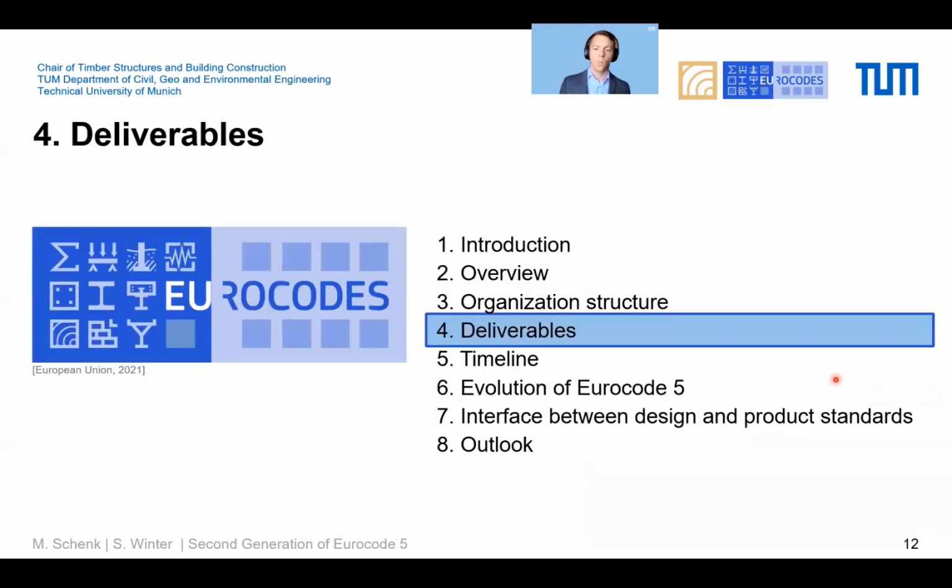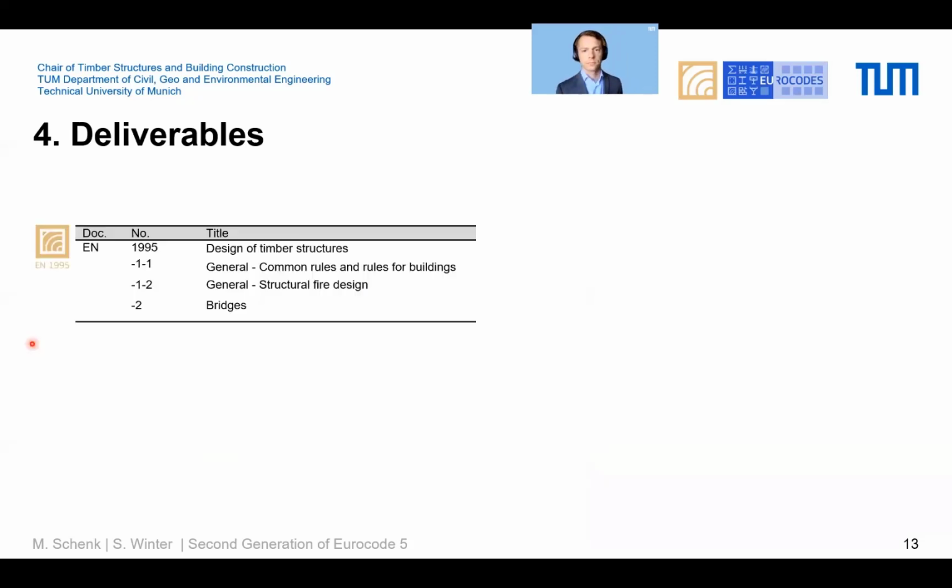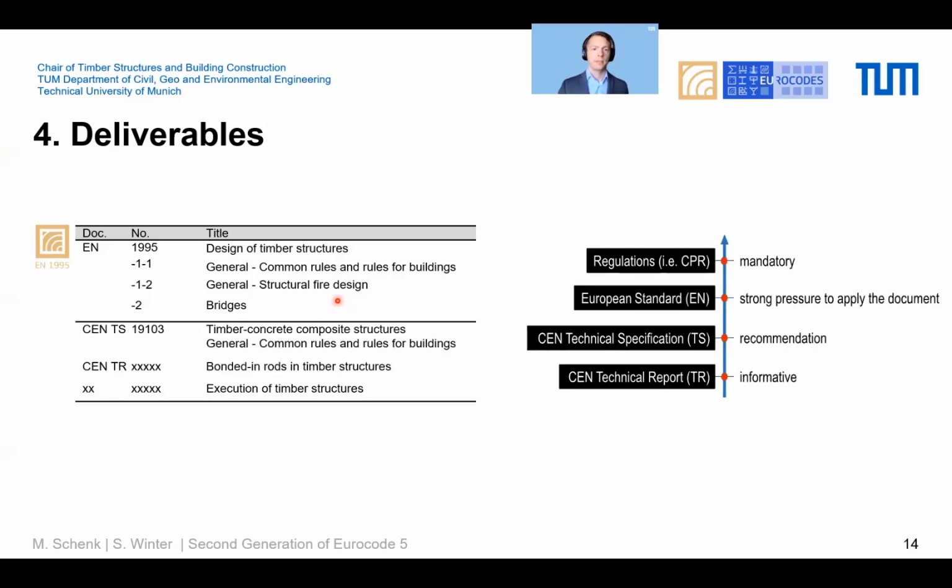Let's come to the question, what documents can be expected as second generation of Eurocode 5? As we know, Eurocode 5 currently consists of the parts 1995-1-1, general rules and rules for buildings, 1995-1-2, rules for structural fire design, and 1995-2, bridges. Additionally, SC5 developed a CEN technical specification on timber-concrete composite structures and is currently preparing a CEN technical report